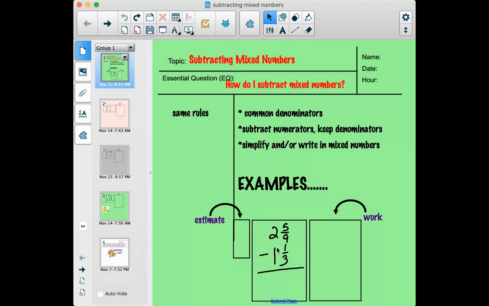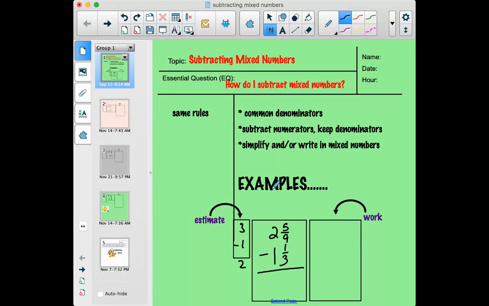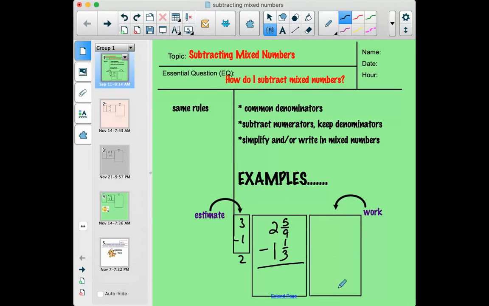2 and 5/9 minus 1 and 1/3. Again, I think it's a good idea to estimate to make sure you're getting a reasonable answer. So 2 and 5/9, if I want to round that off, 5/9 is more than half, so I'm going to round that up to 3. 1/3 is less than half, so I'm going to round that down to 1. So 3 minus 1 is 2. I should get something close to 2. Okay, so if I try it,